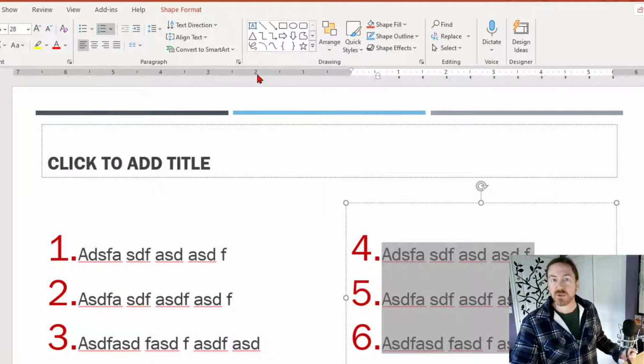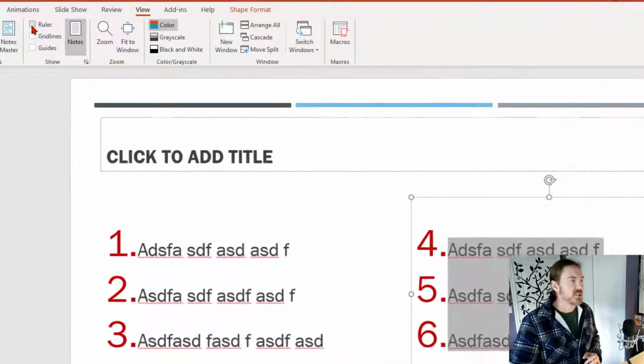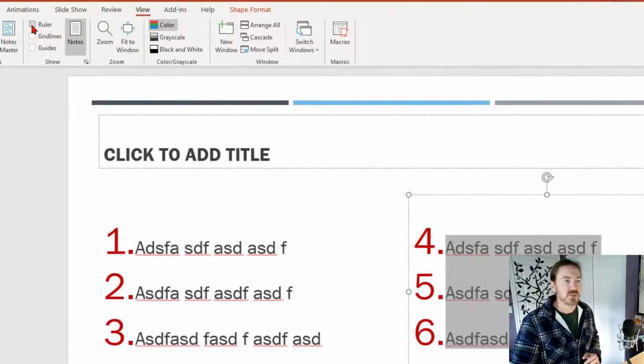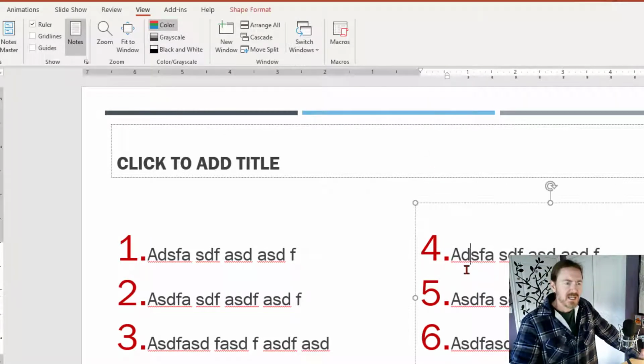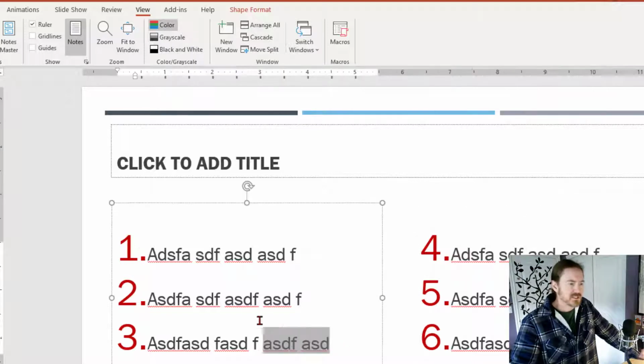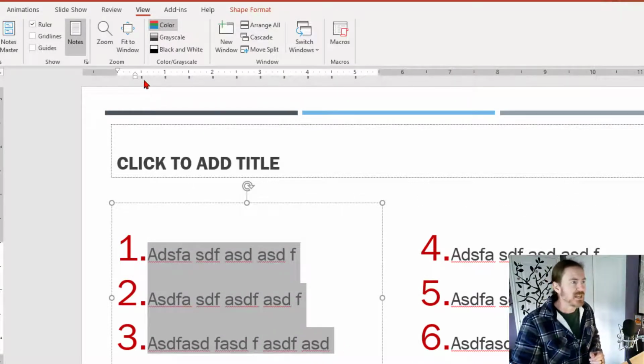Now, my ruler is already displayed. Yours may not be. So if you don't see your ruler up here, go to View and then check the ruler box to make sure you see your horizontal ruler. It's a big help when you're working with bullet and numbered lists. Okay, now that I can see that ruler, I'll just play around with this list on the left. I'm going to select those numbered items, and looking at my ruler,